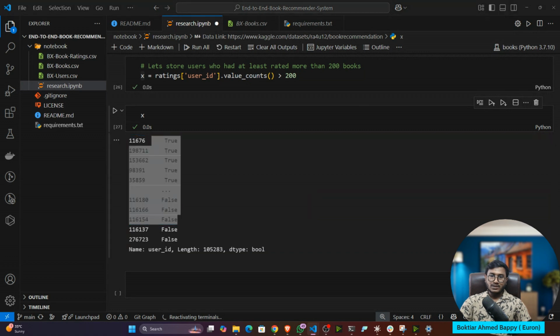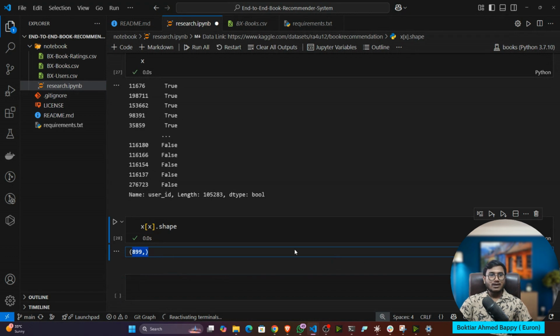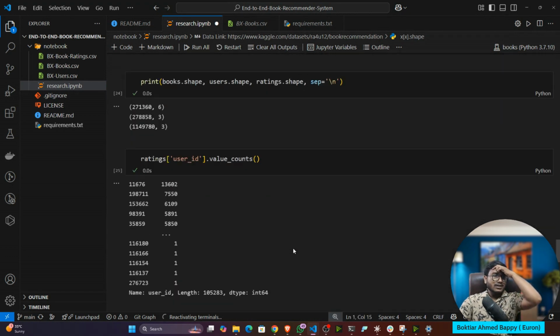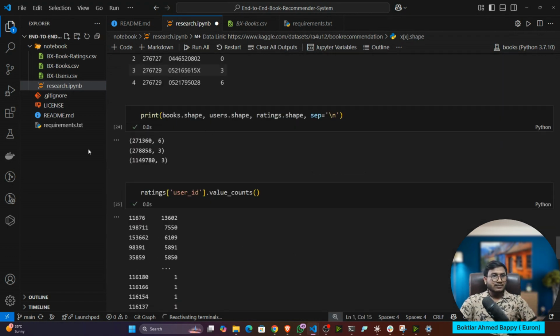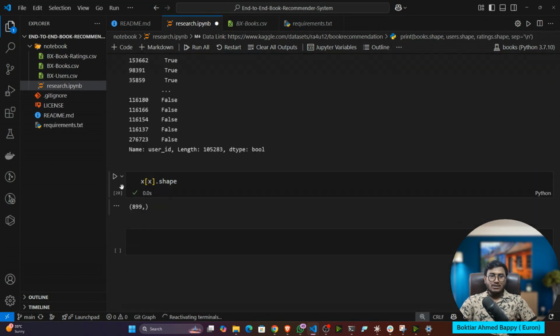Now, if you want to see the shape, you can see that many users. That is the total number of users I have, and from that, this many users have rated more than 200. The rest are like us.